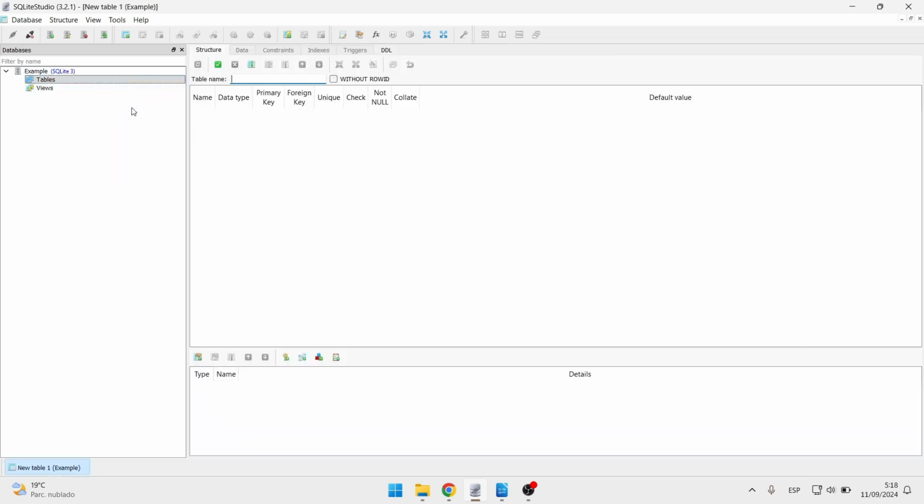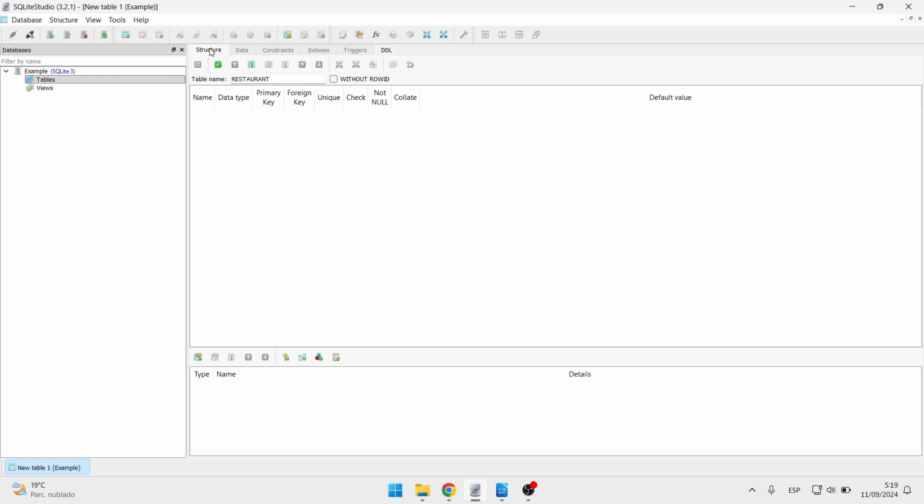And now here you have this new screen. Here you can create a table without writing the SQL statement. SQLite will generate the DDL command for us. First of all, here you can establish the name of the table. You can write down the name. For example, let's say restaurant,